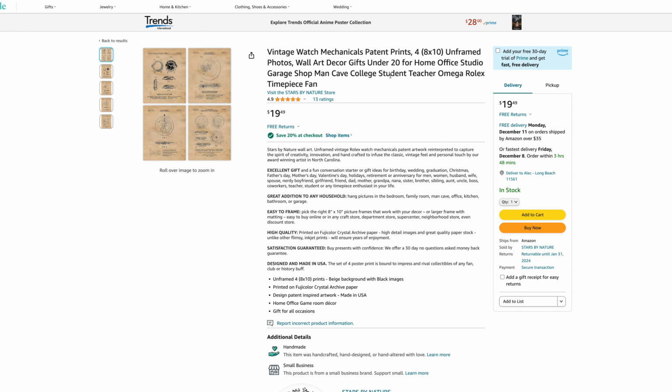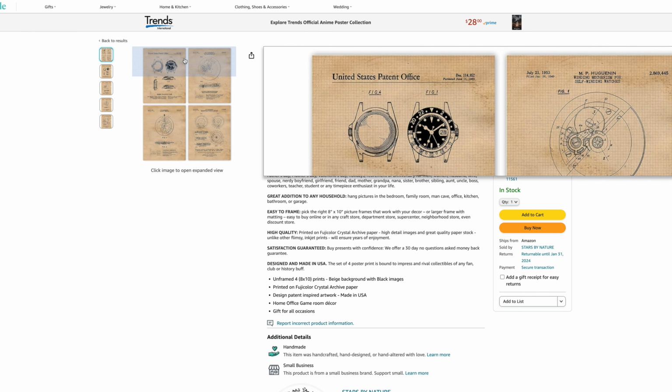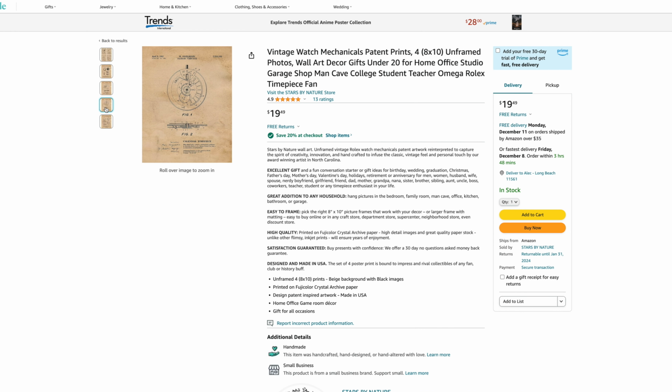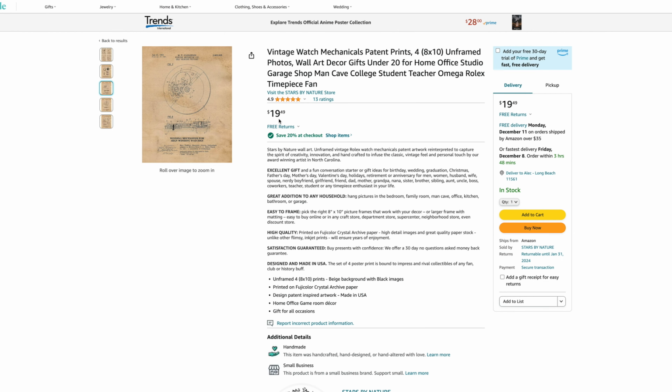First up, I think these are really cool. These are also, by the way, going to be in price order, so I'm going to go lowest to highest in my opinion. But these are watch related art prints that are printed on nice Fujicolor Crystal Archive paper. They're really cool. They're like old school designs, that's clearly one of the Rolex patents there from Switzerland, Montres Rolex SA. These are really cool. I may get these and hang these up in my place, especially for $20. Those are really cool. I think that would be a cool gift, and they're made here in the United States